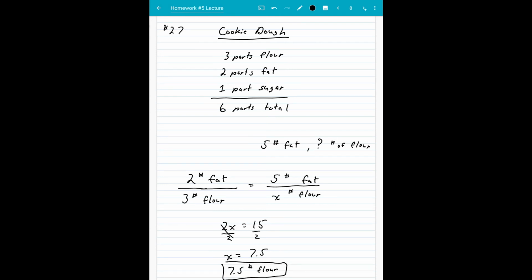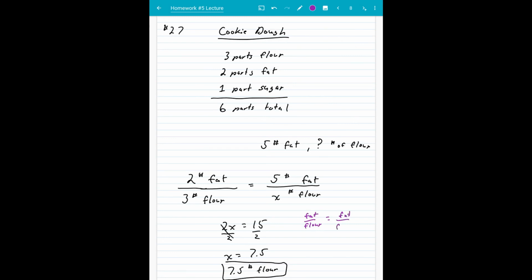And that would be our answer. So whenever you're creating these proportions, you look at your whole entire recipe, even the total, which we'll talk about in a second, and you make up your own ratio. Here I did a fat to flour ratio. I'll write that in. I did a fat to flour ratio, which then I'd have to set the other side